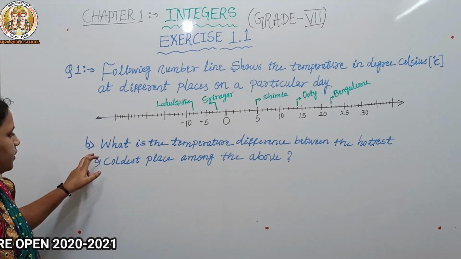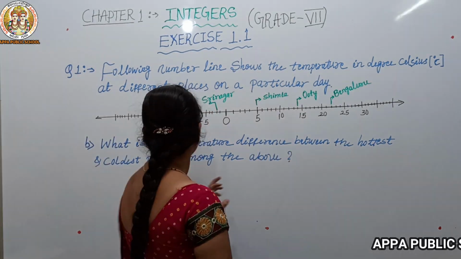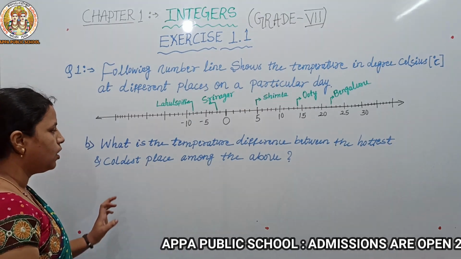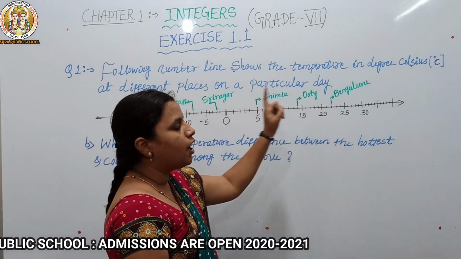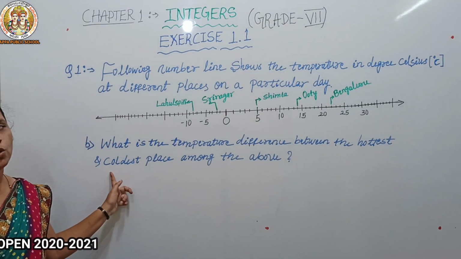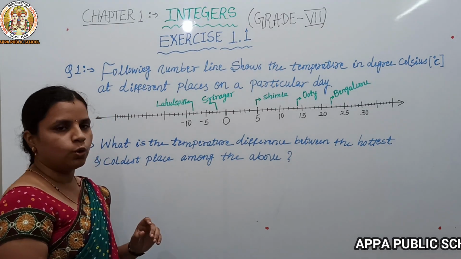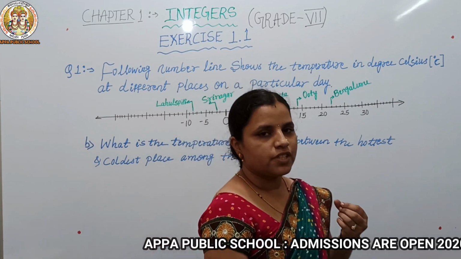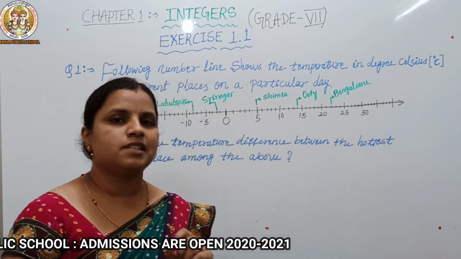Second question, B. See, what is the temperature difference between the hottest and coldest place among the above? Among the above means whatever places are there. Among those, which is the hottest and which is the coldest place? Then, how to identify the hottest and the coldest place? The place which has the highest temperature is called the hottest place, and